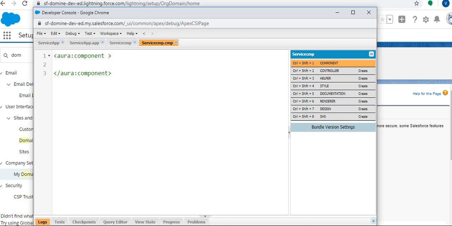It starts with Aura components. So I will create some attributes here. Why am I using c: ? It is the default namespace. I didn't create any namespace, so c is my default namespace.